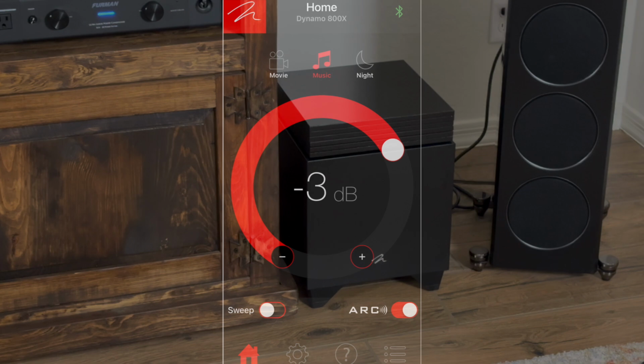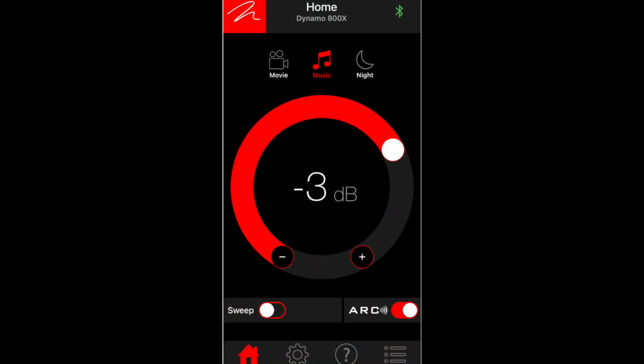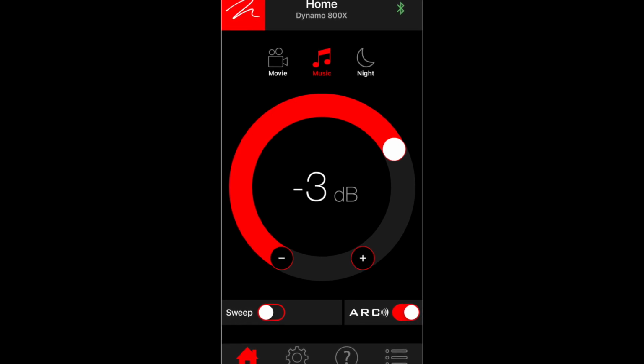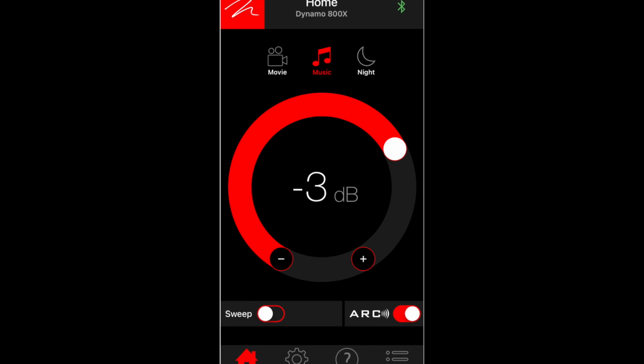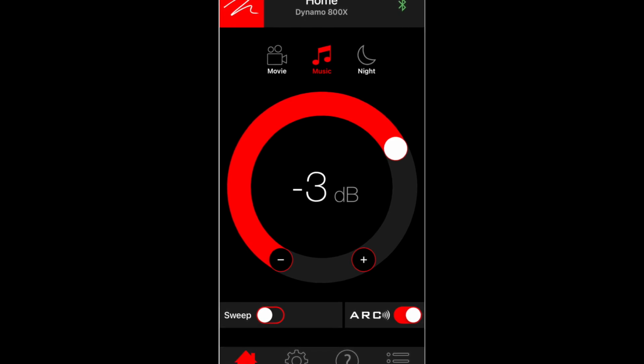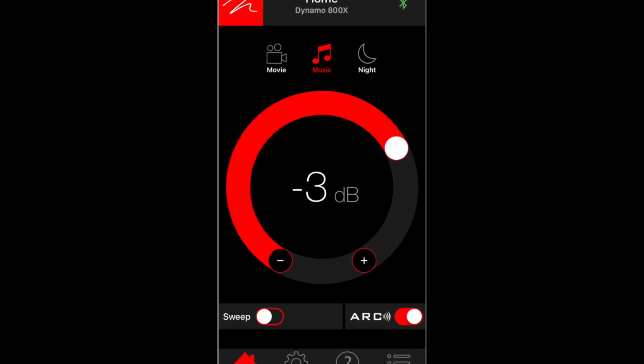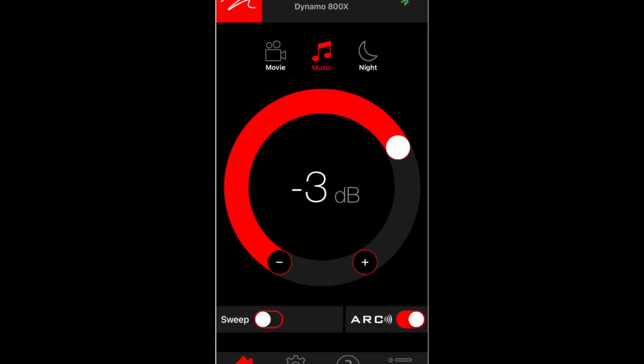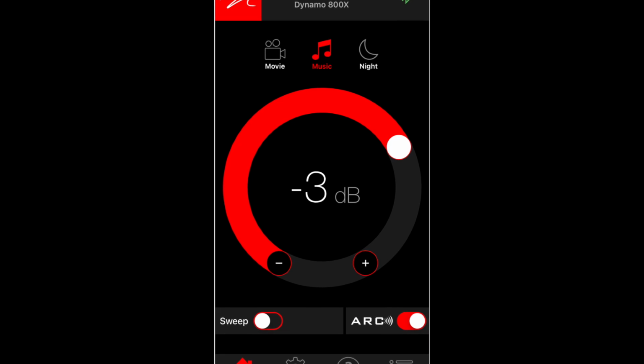But the app is really cool. It's got a lot of features in it. You can adjust the sound on the fly while you're listening. And I don't think it started off doing it, but it's adjusting both subs when I adjust one. It has a number of features, which is the ARC room correction and sweep. Sweep will